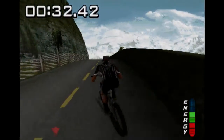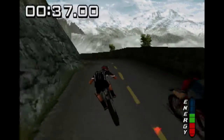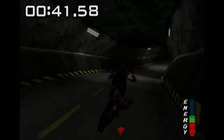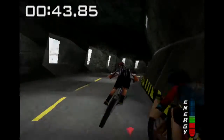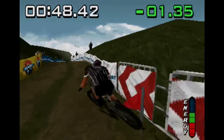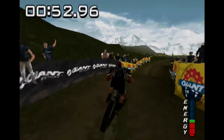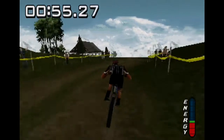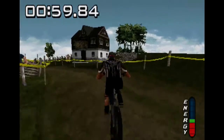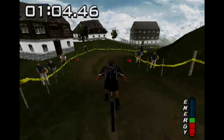See, maybe I'm misremembering this, but I kind of remember this game being not particularly well received. Maybe it's just the particular magazines that I was reading at the time that didn't like it. Who knows? But the graphics are nothing to shout home about. There's a lot of pop-in. The scenery is pretty rough looking. The crowd doesn't look particularly brilliant, but